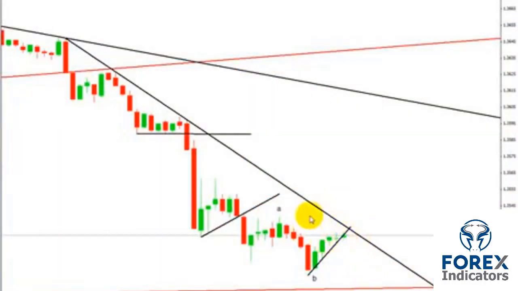Okay, then what we're going to do is we're just going to watch this live now and let's see what potentially happens here. This is the area we're interested in, okay? Is it going to break this trend line and come down towards this particular trend line, or is it going to break this trend line? So there's two ways that we can look at this, or two potential things that we're going to be watching